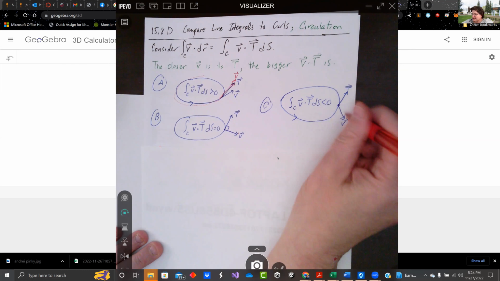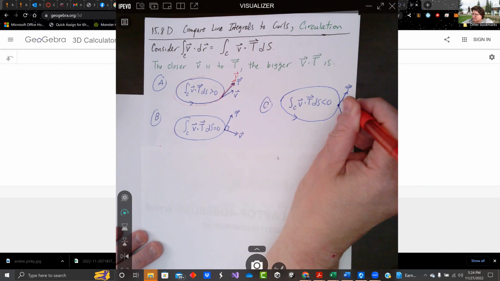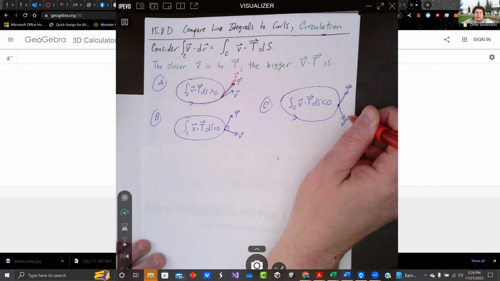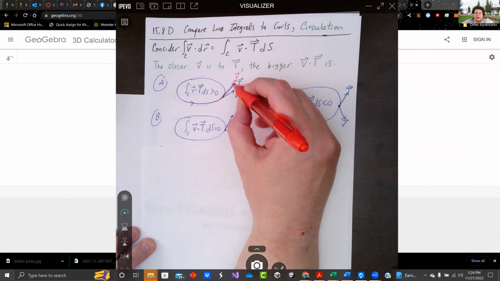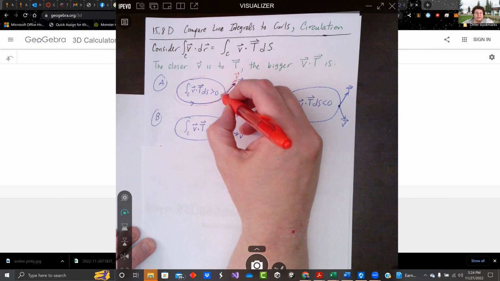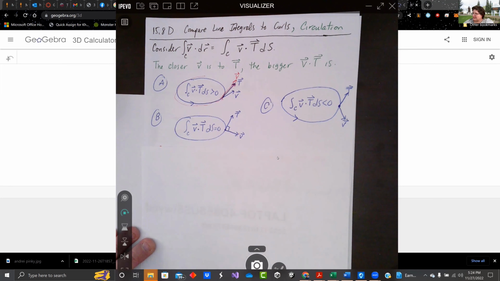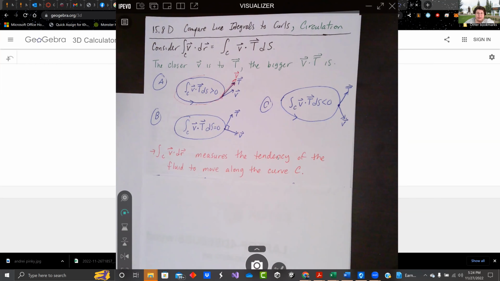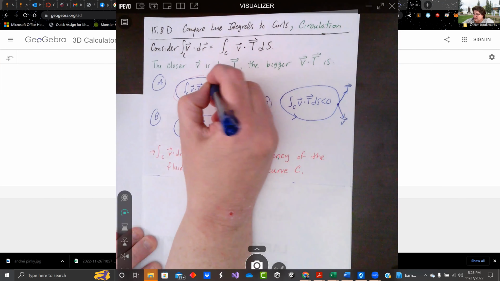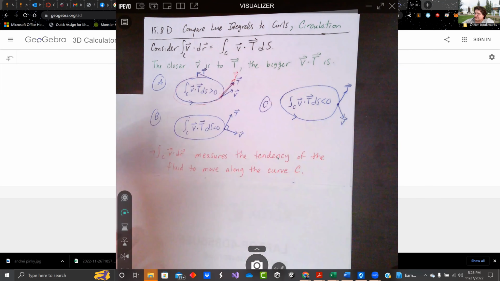And if V is going the opposite direction or is more than 90 degrees apart, it's clearly pointing the other way, so our V dot T is going to be negative. So we've got some velocity field, but if the velocity field happens to match the tangential component of the curve, we are maximizing that value. So it's measuring the tendency of the fluid to move along the curve, because V is changing because T is changing. So T is over here, and if V is still matching up with it,